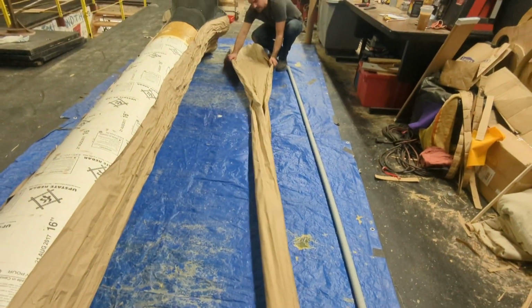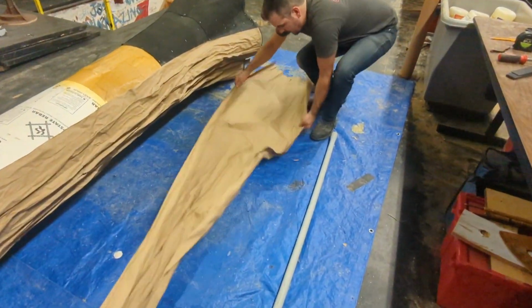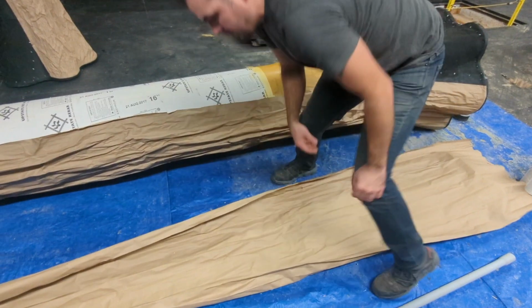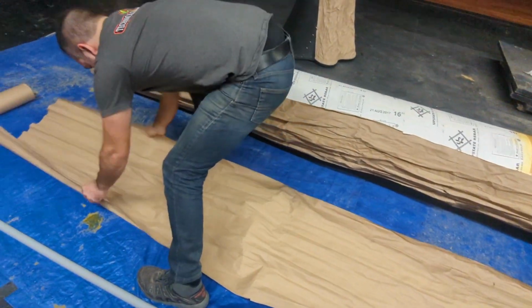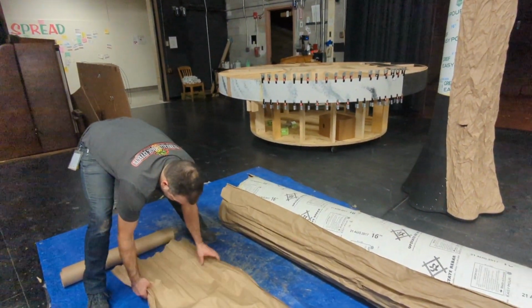And the danger with this is if I'm pulling it like this too much, I'm contributing this big kind of horizontal line. So while I want to get it to open up, I don't want to overdo it. Obviously, you can fix that, but again, just being conscious of what we're trying to create and not working against ourselves. So at this point, I've been gathering it